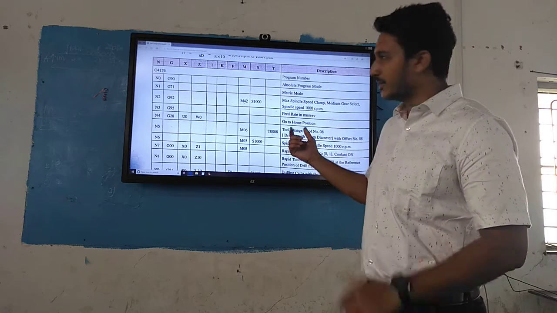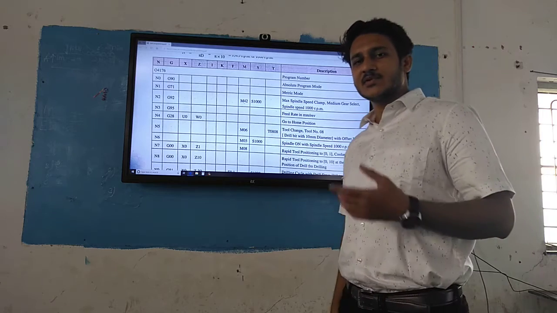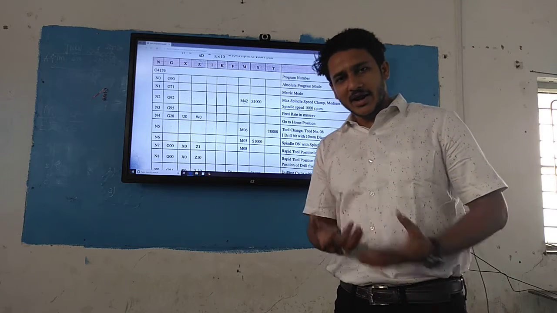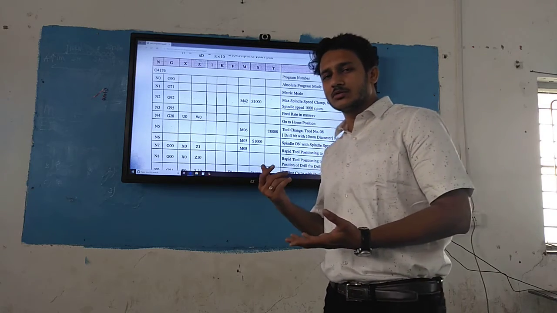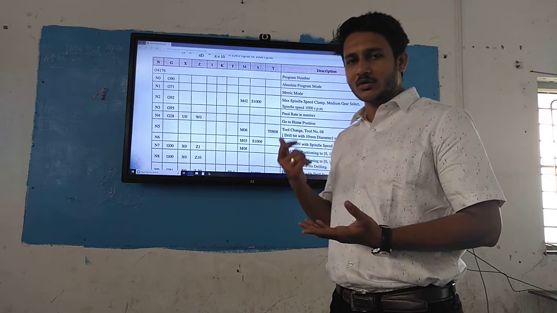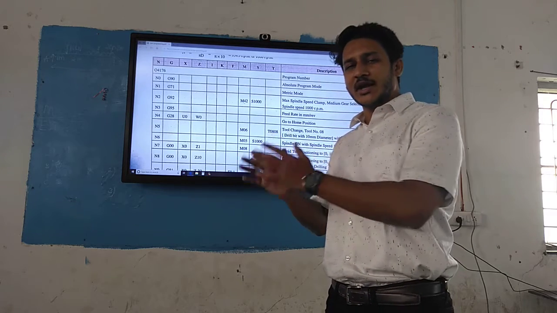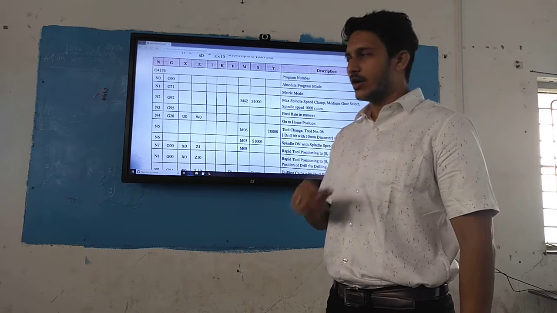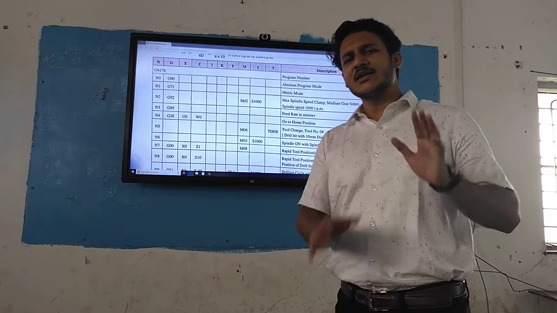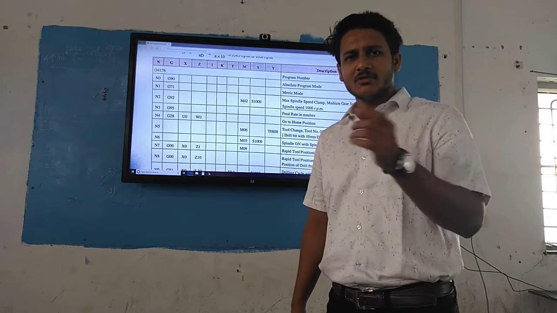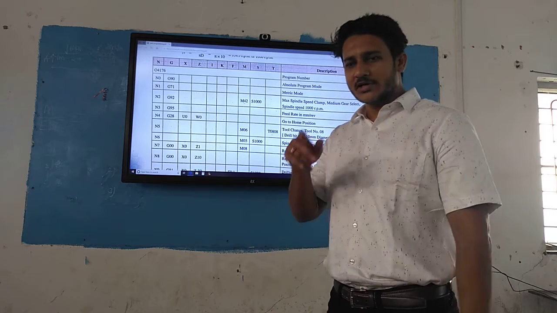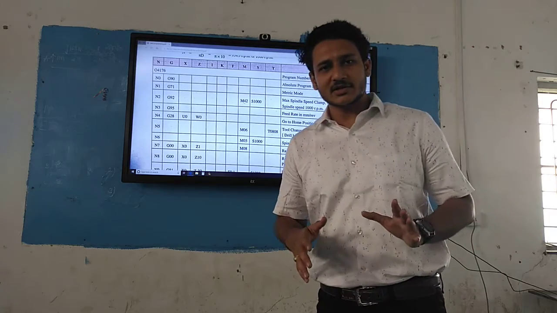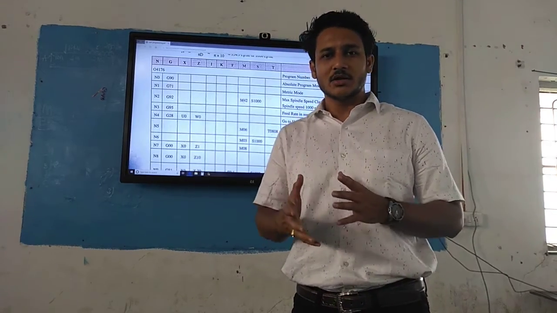Then we have to change the tool by using the code M06, that is the miscellaneous code, with tool T08 08. It means tool number 8, the drilling tool, at tool turret position 8. So that drilling tool number is 08. You can specify anything. Let's say if you are working on a drilling machine only, you have only one tool, so you can specify it as T01 01. If your machine doesn't contain any automatic tool changer, then you don't have to use it.